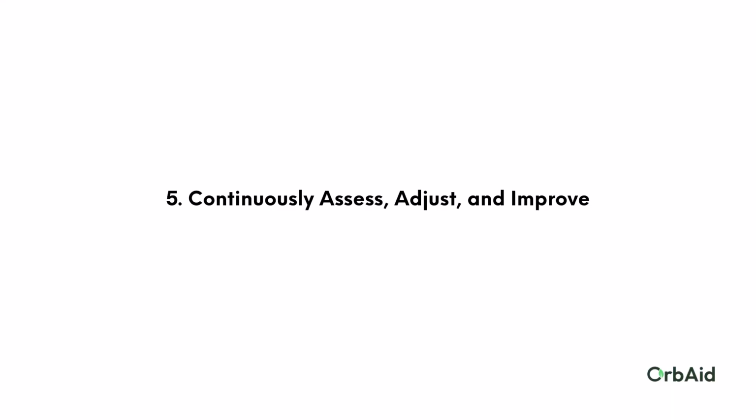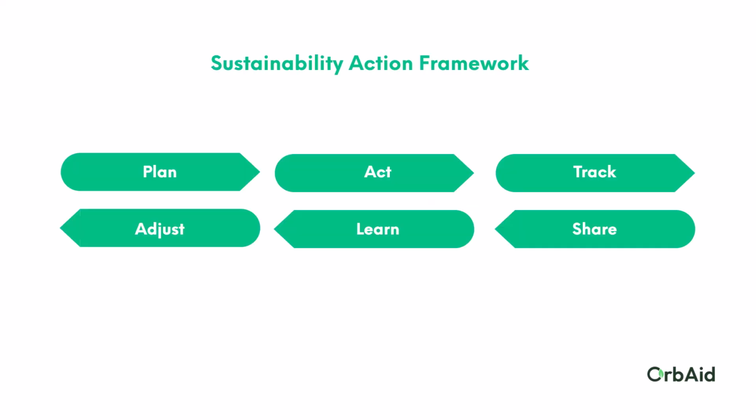Sustainability teams are taking on more and more. This added responsibility is an opportunity to help shape and drive corporate strategy. This shift is also pushing leaders to continuously assess, adjust, and improve to maintain their edge. OrbAid's Sustainability Action Framework provides a practical, data-driven collaboration approach to minimize internal company wastes and costs, empowering you and your team to make more green by being green. This framework also serves as a useful mind map to segment companies' sustainable business performance for benchmarking purposes.